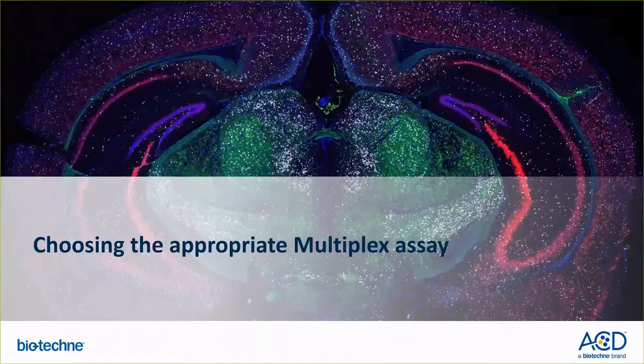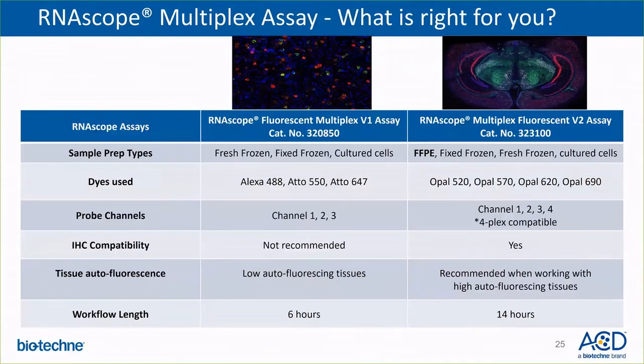Now we'll go over how you choose the most appropriate multiplex assay for you. Which fluorescent assay would be right for you? Currently, we offer 2 types of multiplex fluorescent assays, one of which is also available on the Leica automation platform. RNAscope Fluorescent version 1 assay, which is our first generation assay, is an all-in-one kit ideal for fresh or fixed frozen tissues as well as cultured cells. This assay allows for detection of up to 3 mRNA targets simultaneously in your tissues or cells, while the version